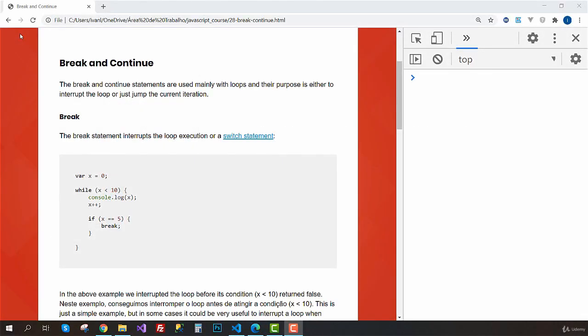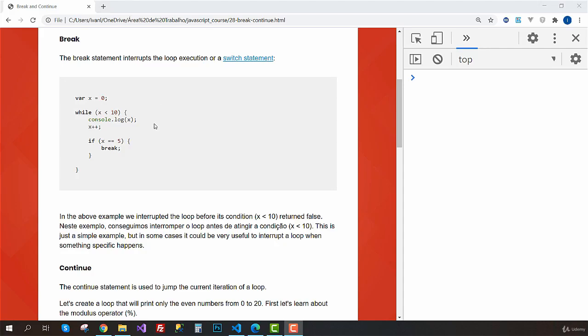Hey everyone, in this video we're going to talk about break and continue. These statements are going to be used mainly with loops, and their purpose is to either interrupt the loop or just jump one iteration. So let's start with the break statement, which can be used to interrupt the loop, or